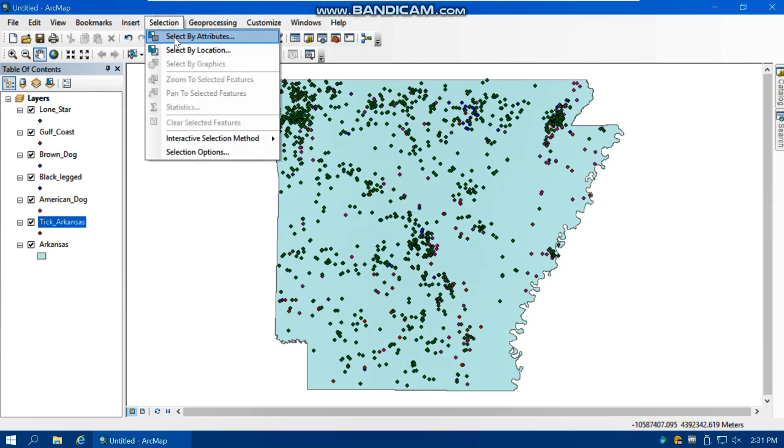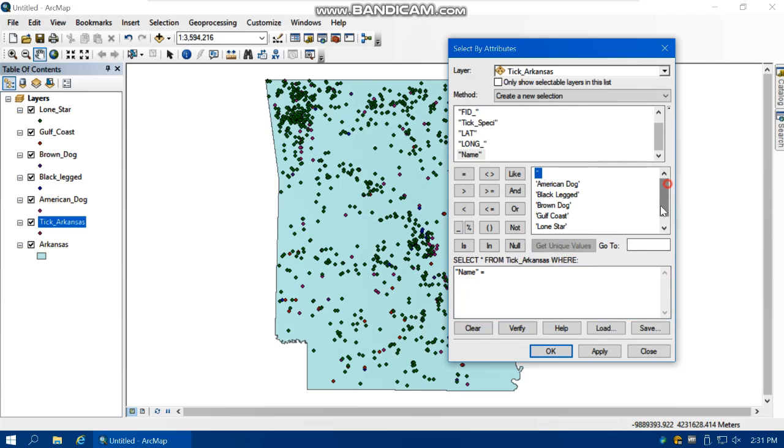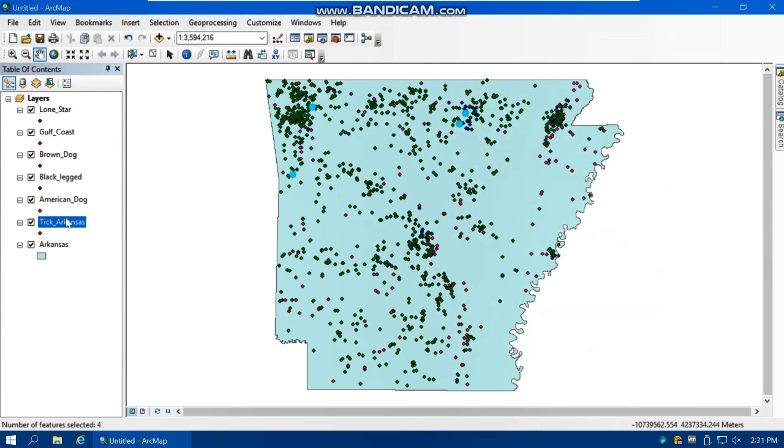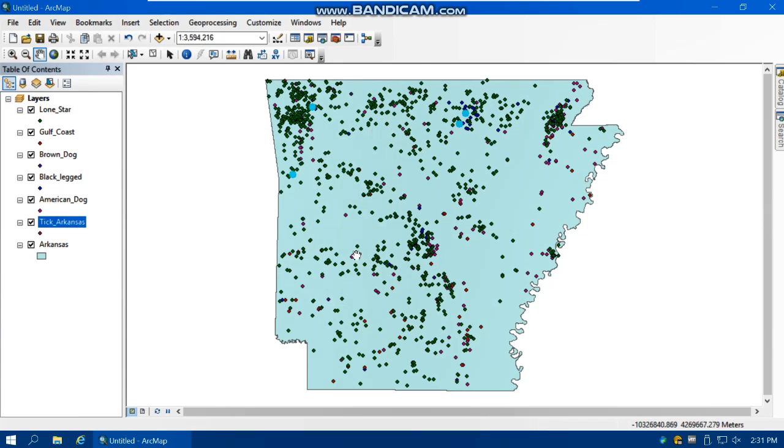Let me see. Selection, select by attribute. Winter tick. Save. Okay. So we only have how many? 4. So we can disregard making another field for this winter tick. So we're gonna focus on 1, 2, 3, 4, 5 ticks that are common in Arkansas and also in the